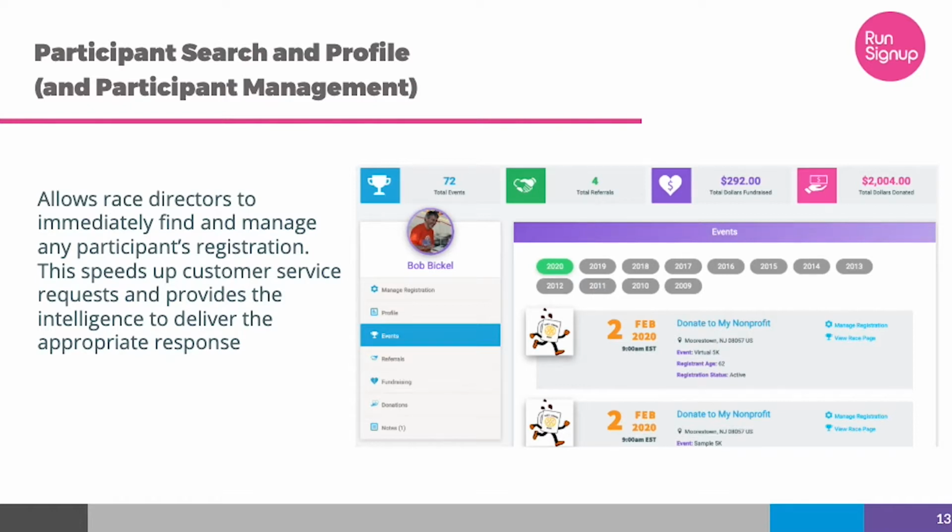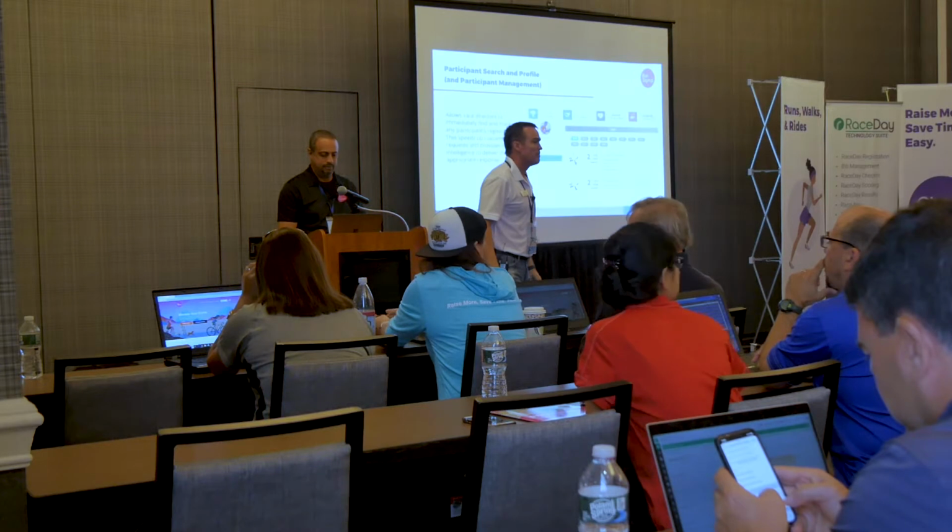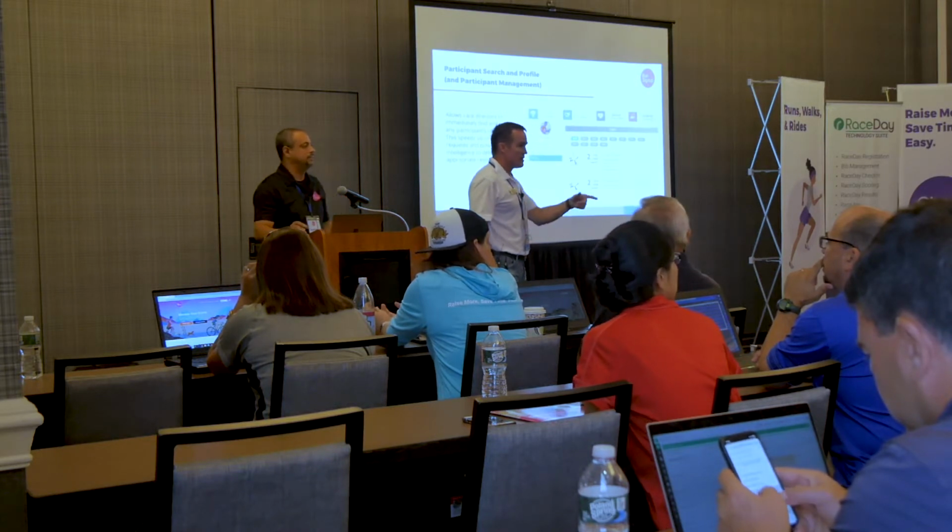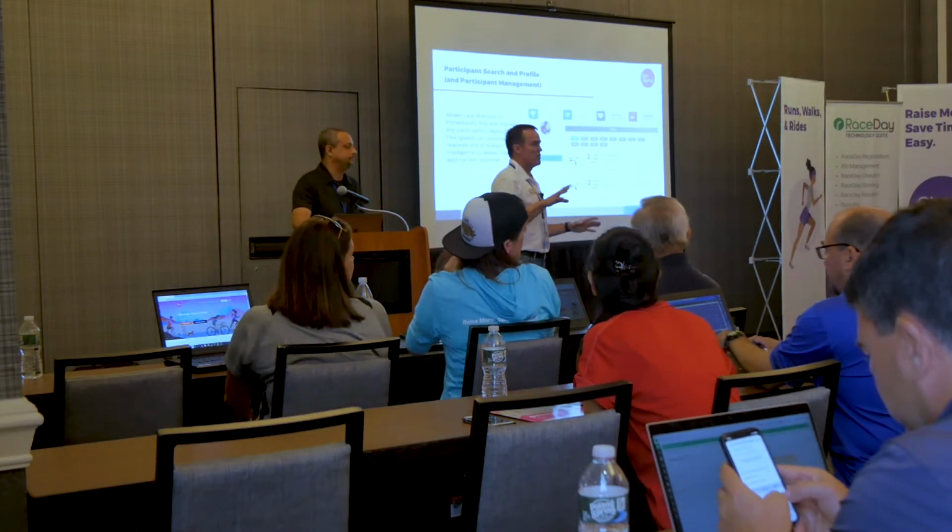The other thing that you can do, see the referrals. You'll actually be able to go in and also check those notes that I mentioned. So Bob is important. Clearly, it looks pretty important to me. He's done 72 races. You can put some extra notes in there if you want something. Is it possible to link results to that profile? That is actually on our list. So just so you're aware,